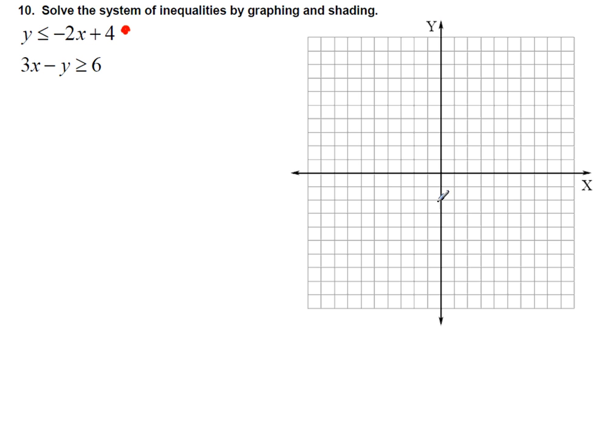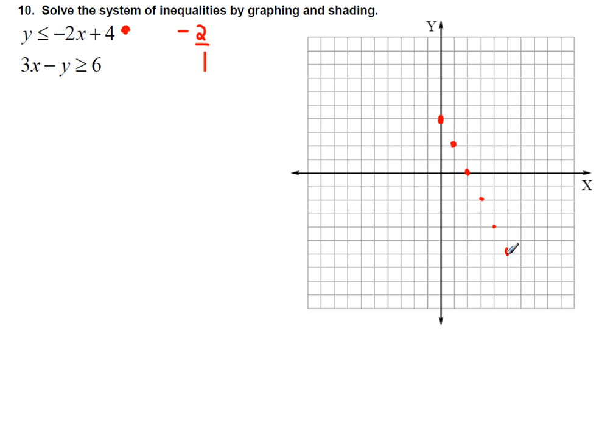So on the y-axis, we're going to start at 1, 2, 3, 4 right here. And then the slope is -2, as in -2 over 1. That means I'm going to go down 2 over to the right 1. So down 2 to the right 1, do that again, down 2 to the right 1. And I would just do that as many times as your graph allows, and then get out your straight edge